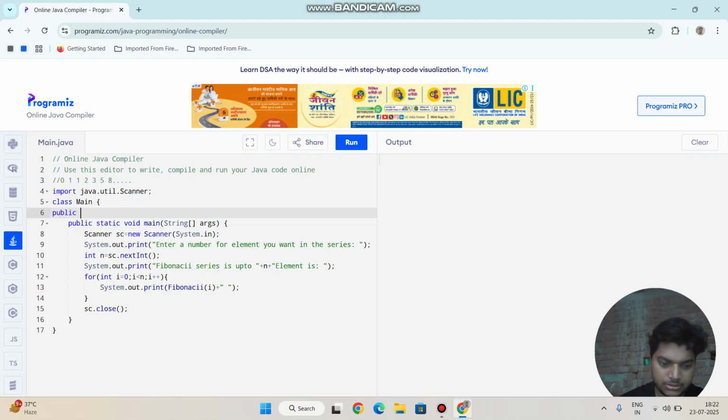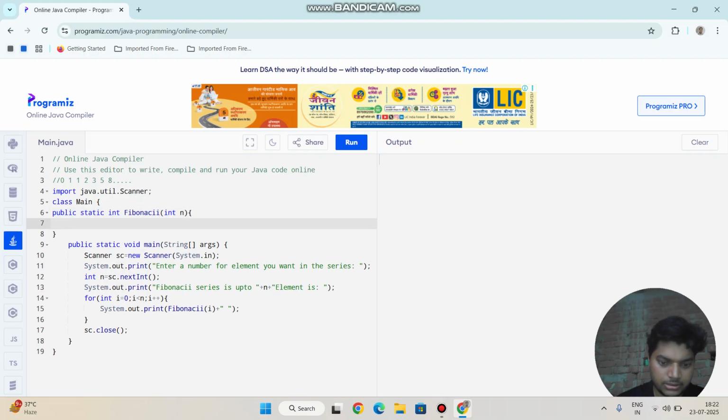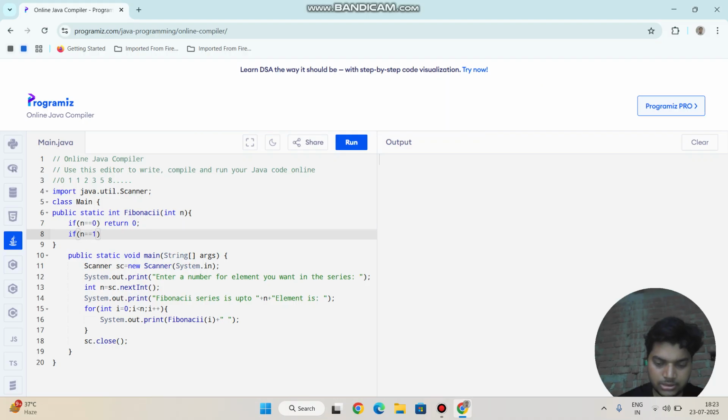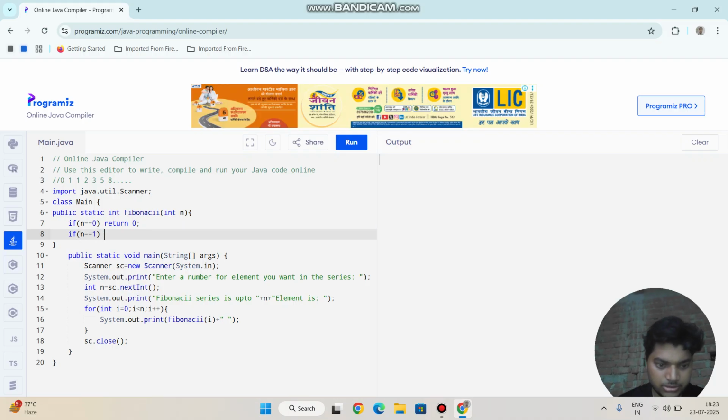public static int Fibonacci(int n), and if n equals 0, then return 0. And if n is equal to 1, then return 1.